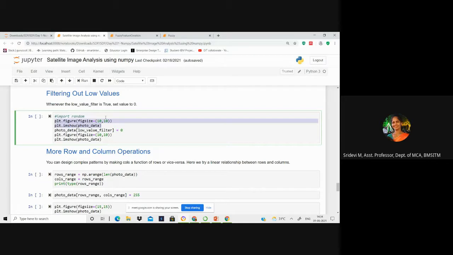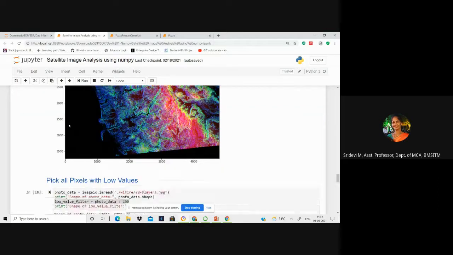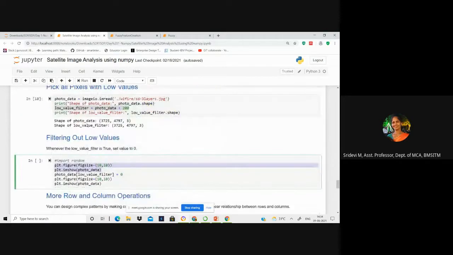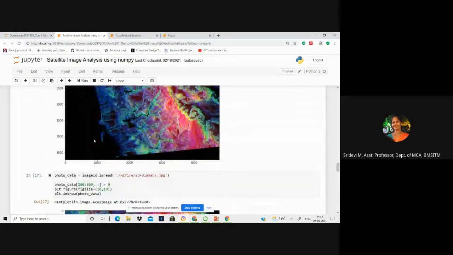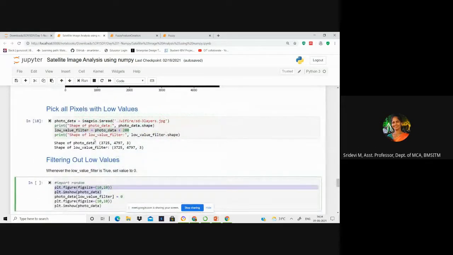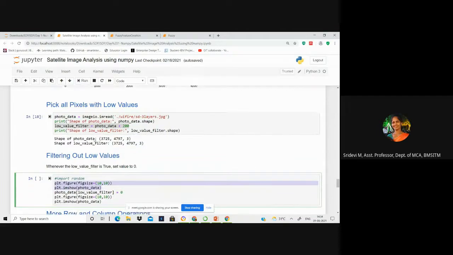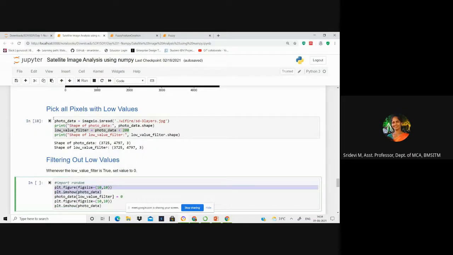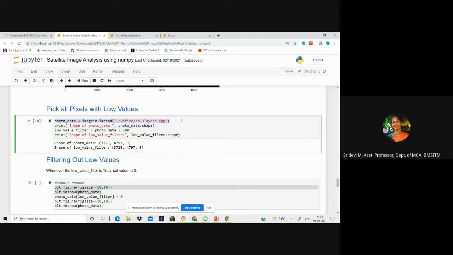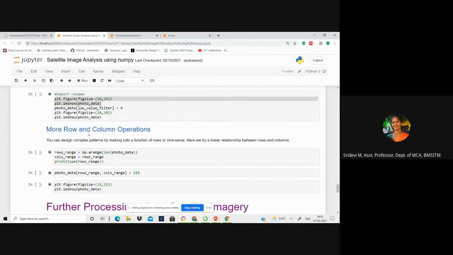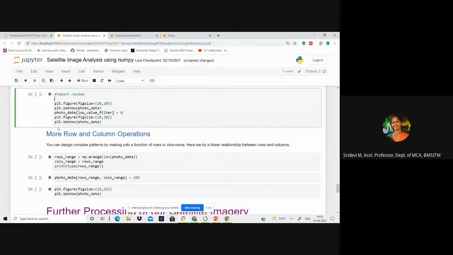For that you are loading the original image first. Just put this command once again so that I get the original image. Okay, now I'm loading the original image here.